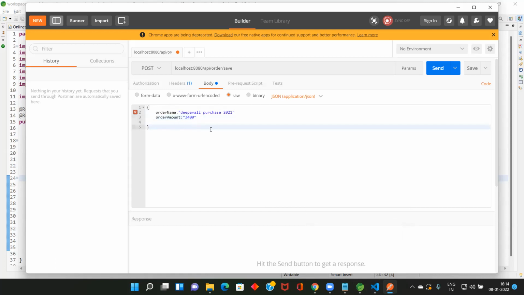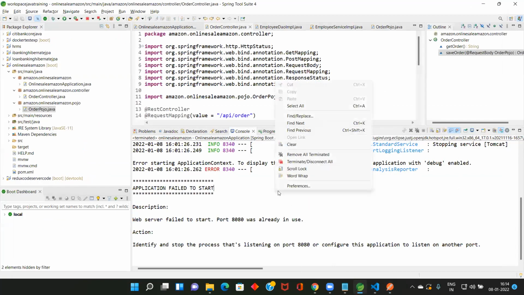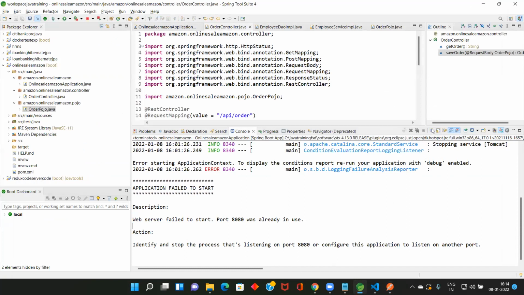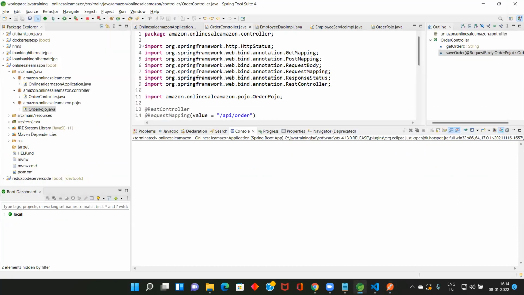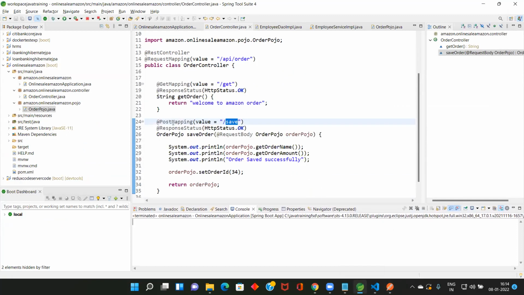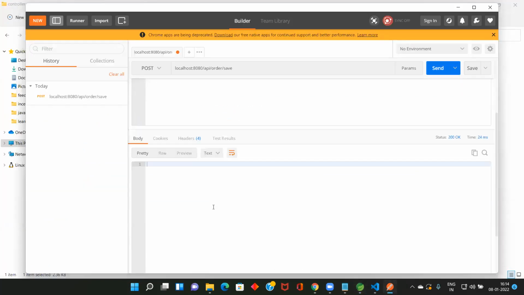So now I'm going to send this information to my program. My program will print it in the console here. Let me clear it. Right click, clear, or else go here, clear. Okay, post is okay, URL is okay. If I save, it will come here. All the things are done. This is the post method. We'll try whether we get success or not. 200.